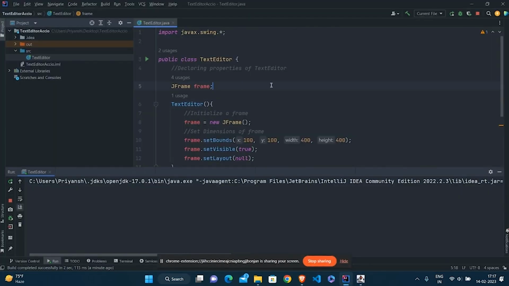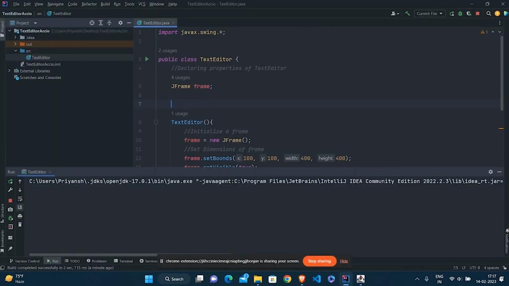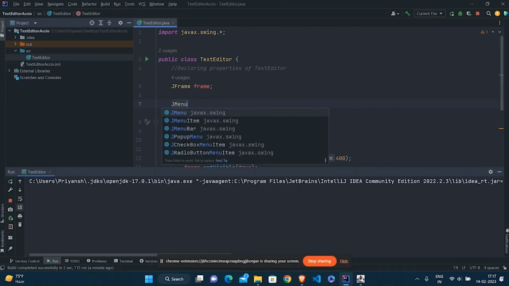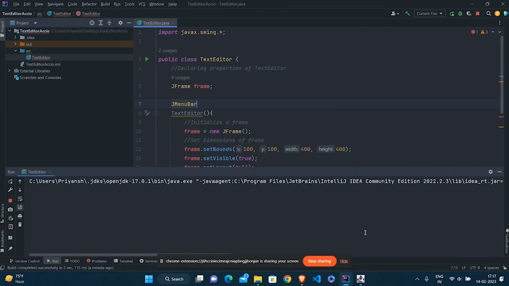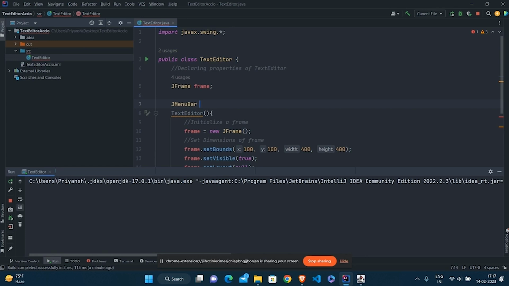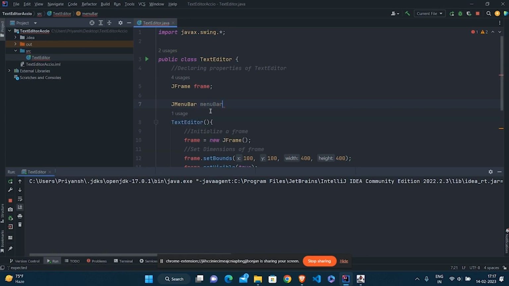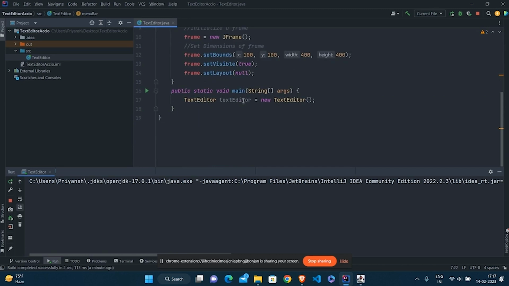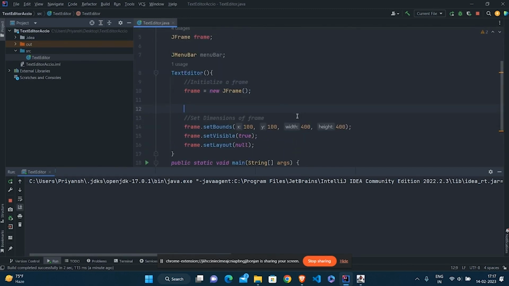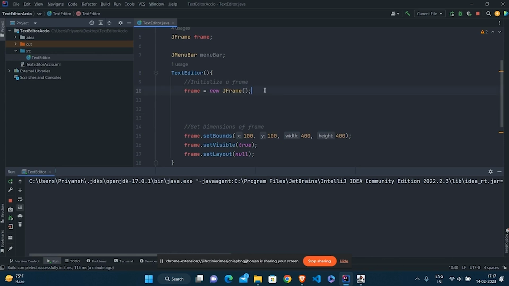Fine. So what we need to do is create a menu bar like we discussed in the design. We need a menu bar here, right? JMenuBar was the class for that. So JMenuBar, I'm going to call it menuBar. Before setting the dimensions of the frame, I'm going to prepare this frame here.